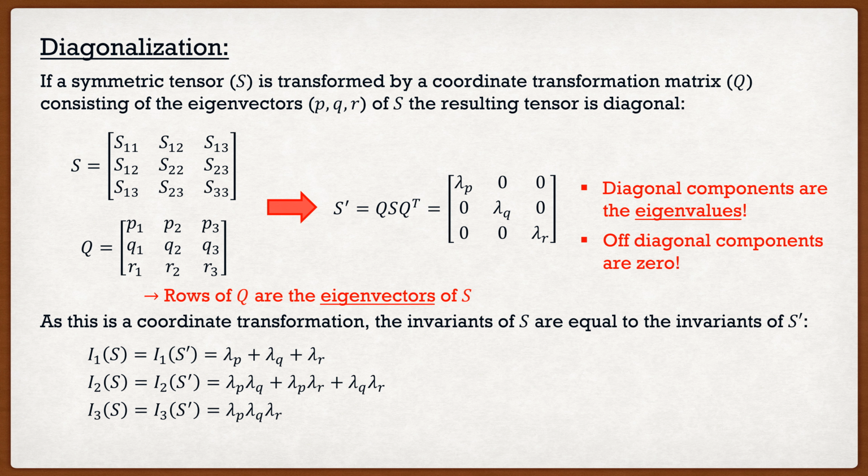And finally, the third one is the determinant. Remember, the determinant of a 3 by 3 was a very long formula, but since many of the components are equal to 0, the determinant is just those 3 diagonal components multiplied by each other. These are called the principal invariants. All right, so that wraps up our linear algebra review. If you look at this and say, Clayton, it's just a fancy tongue twister, just a bunch of fancy math,